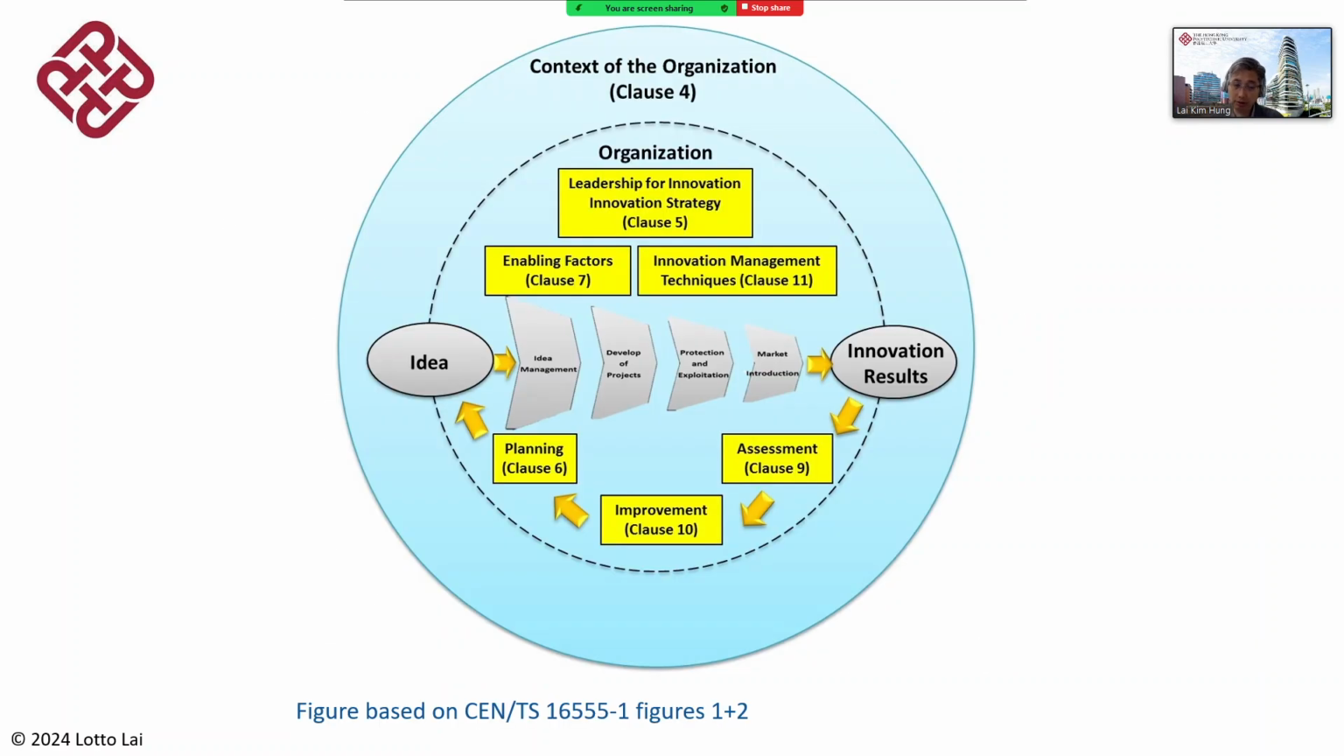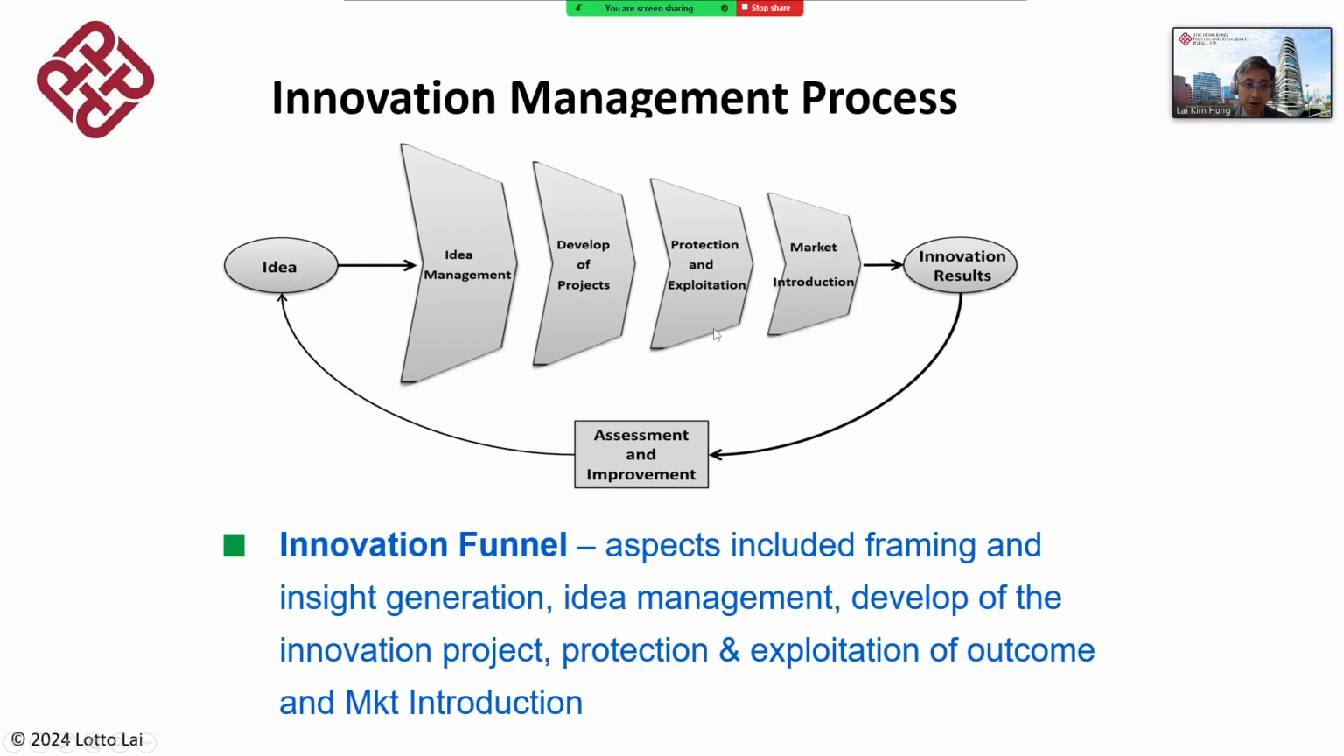This is the model. You can see it is a little bit similar to ISO. You have the context of the organization. You have the strategy, enable factors, and also plan, planning, doing, assessment, and improvement. Inside here is an innovation funnel. It covers the insight generation, idea management, development of project protection and expectation on market introduction, and then goes to your innovation result, assessment, improvement, and goes